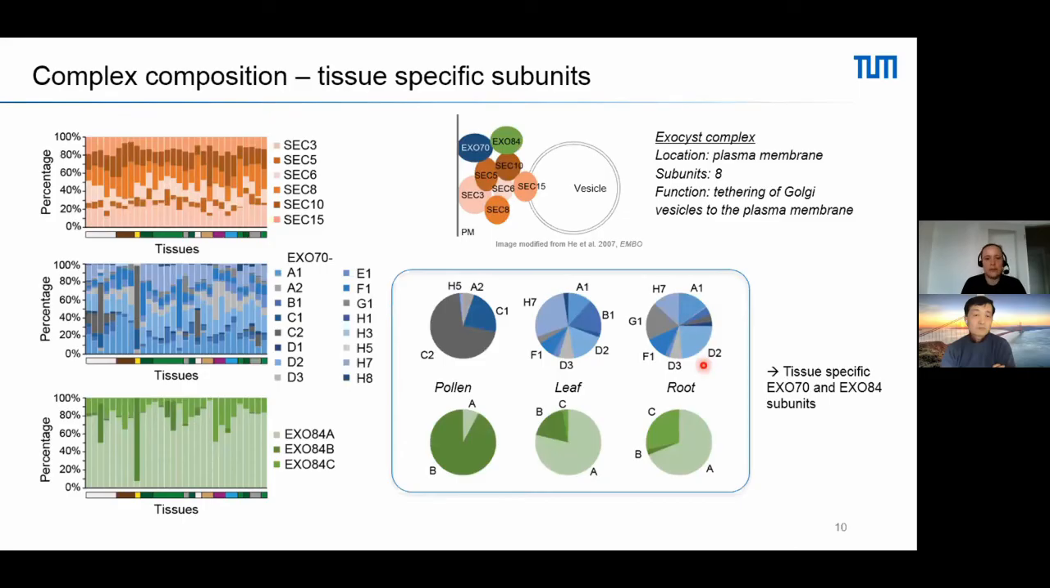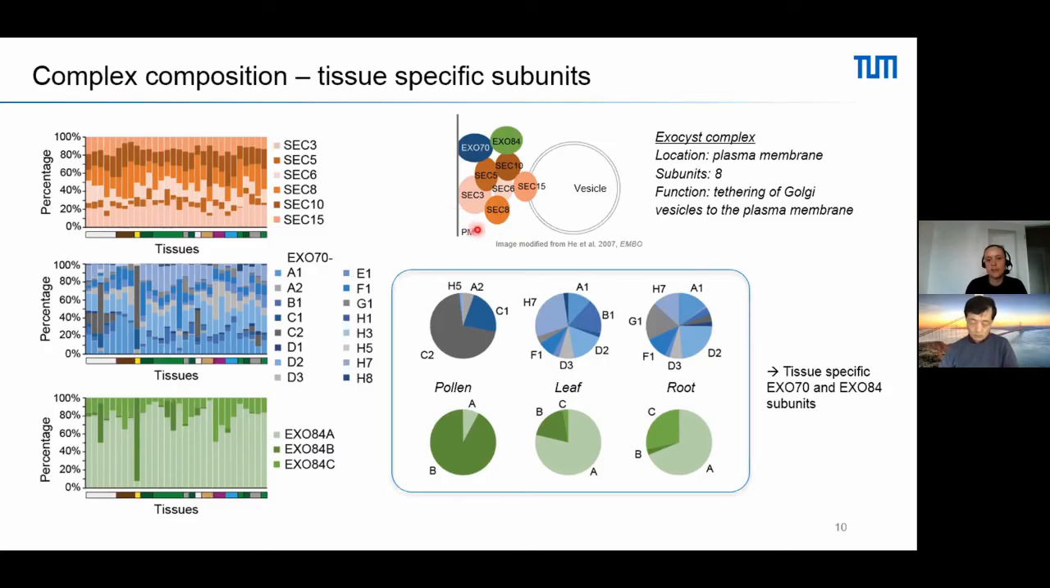So we can not only have different paralogs, we can also have different gene families which provide a variable subunit to a complex and thereby change its function. Here we are looking at the exocyst complex. The exocyst complex is a plasma membrane localized complex which functions as a tethering complex of Golgi vesicles to the plasma membrane. It is composed of 8 different subunits, and we have a core complex of the 6